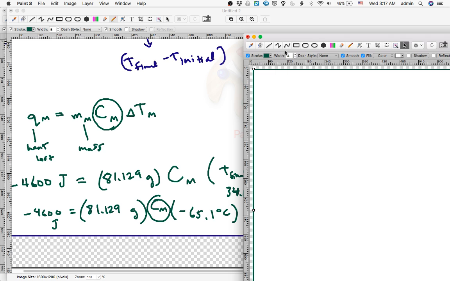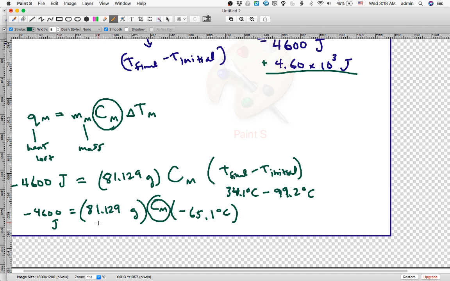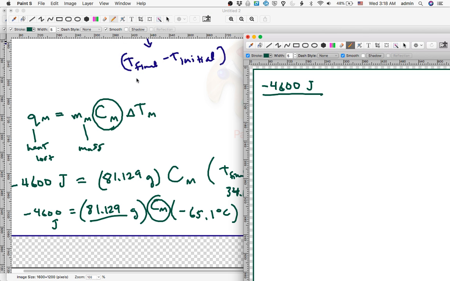All right, so I have my fresh paper here, and I'm going to do 4,600 joules divided by this number right here, 81.129. Whoops. Yes, divided by 81.129 grams, and also this number here, also divided by negative 65.1 degrees Celsius. That equals cm